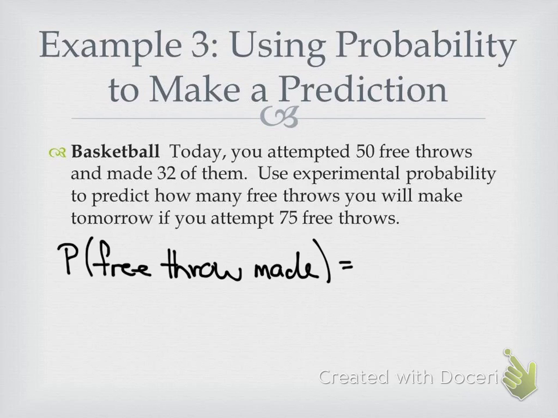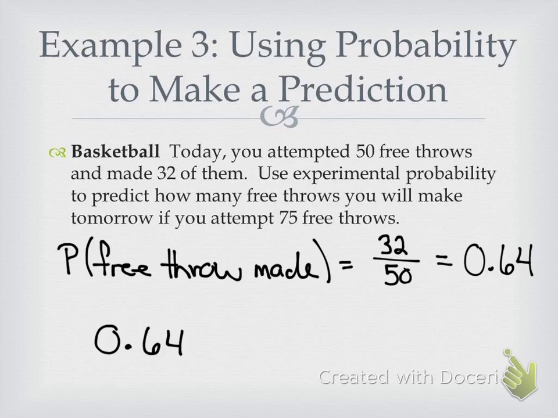How many did I make today? 33. How many did I try? 50. So go ahead and find the decimal value of that. And what is it? 0.64. So once you have that decimal value, take the decimal value and multiply it by the predicted number